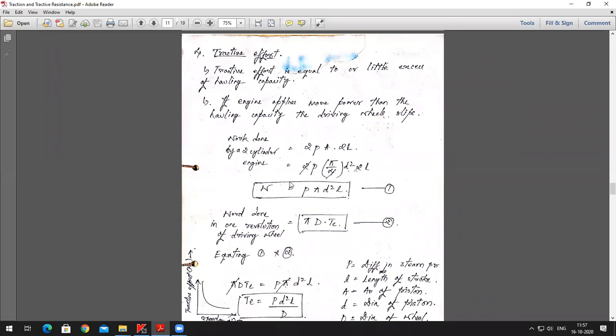Only then you will be able to move, isn't it? So the tractive effort should be either equal to the hauling capacity, or a little more than the hauling capacity. So if the engine that we have in the locomotive applies more